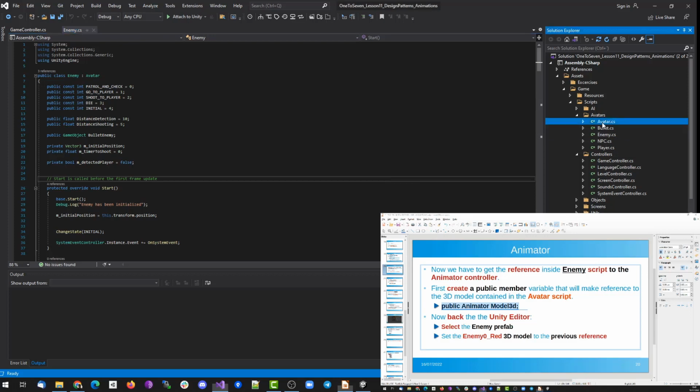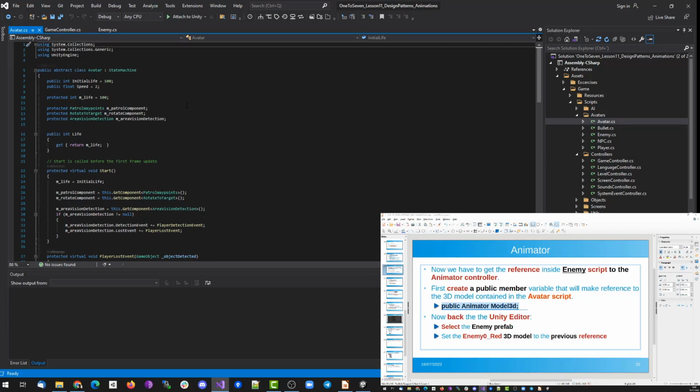We are going to put it on the Avatar script because this is something that everybody who is inheriting from Avatar, even the bullet itself, can take advantage of. So this system is going to be implemented at the level of Avatar, and all the classes that inherit from Avatar are going to take advantage of it. Okay, so declare it as public, place it here,